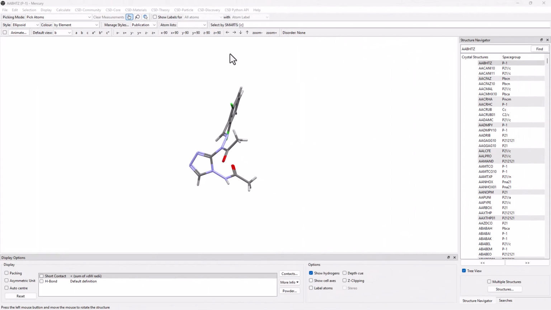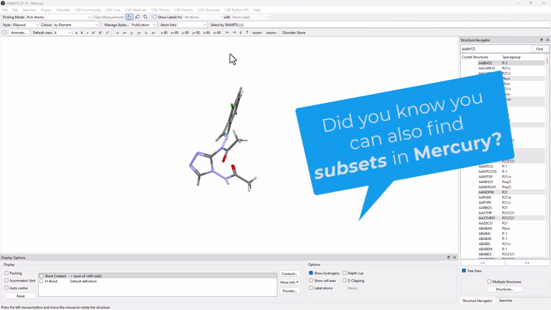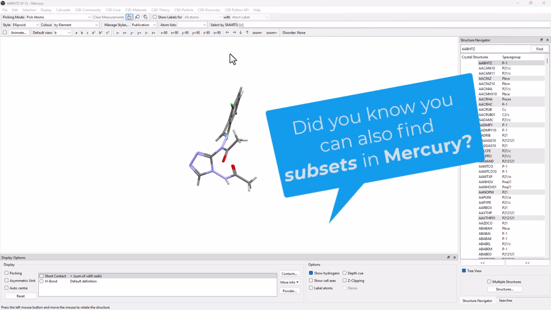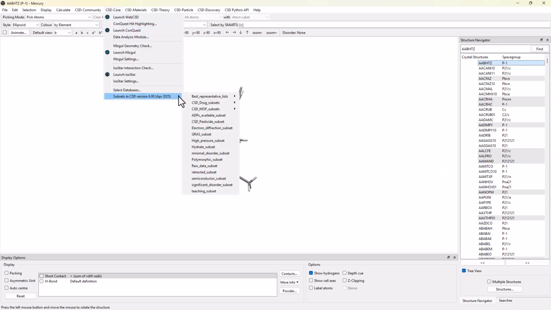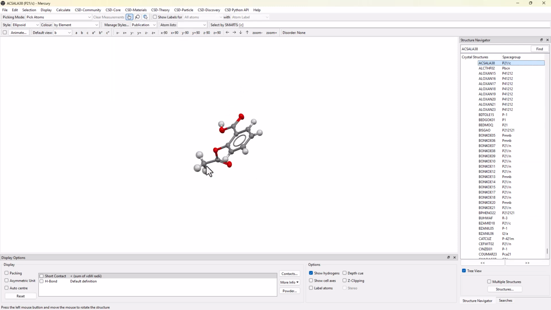Conquest and the Python API are not the only way to interact with subsets. Did you know that these pre-made hit lists are also found in Mercury? If we navigate to the CSD Core menu, at the bottom of this list we will find the CSD subsets. This allows the subsets to be loaded directly into Mercury and leverage the additional tools Mercury has to analyze structures.